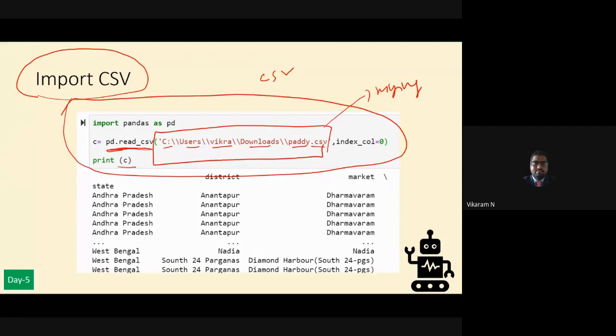Now it's time to type it out. Please try to import the data.